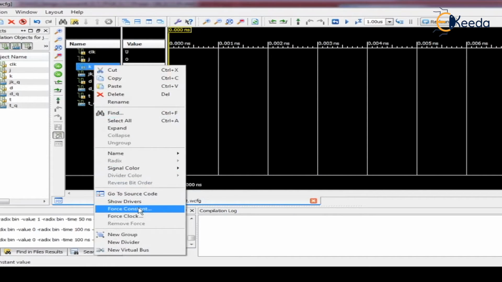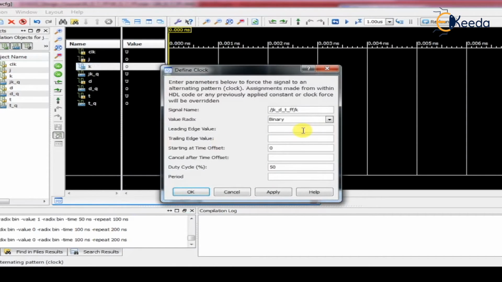Similarly for K, force clock, K also 1 0. Here I am creating K as something odd, 350, okay, 320. I will give 320 nanosecond, but here I will change the duty cycle to some 70%.